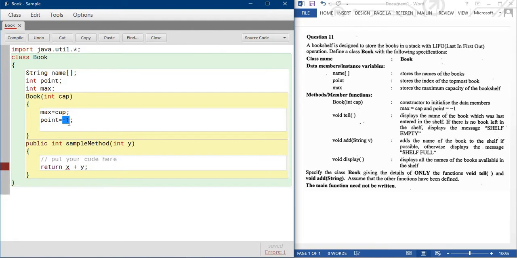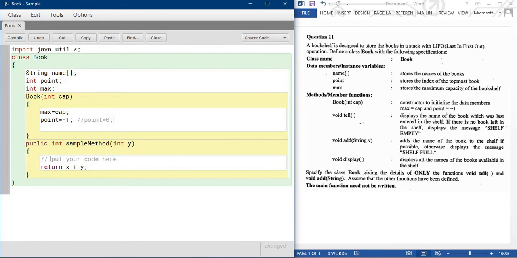That is the one simple difference. So I'm writing point is equal to 0. If you use this instead of this, what you will write in the entire program I will show you in comments.